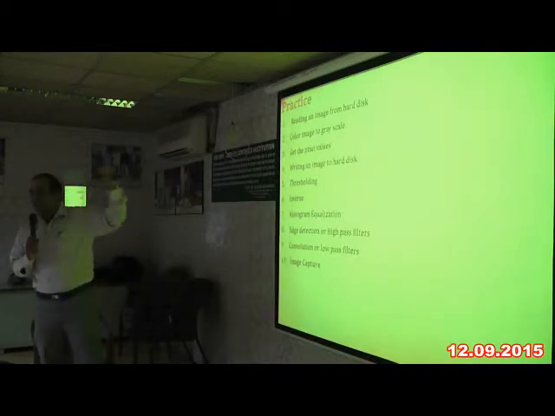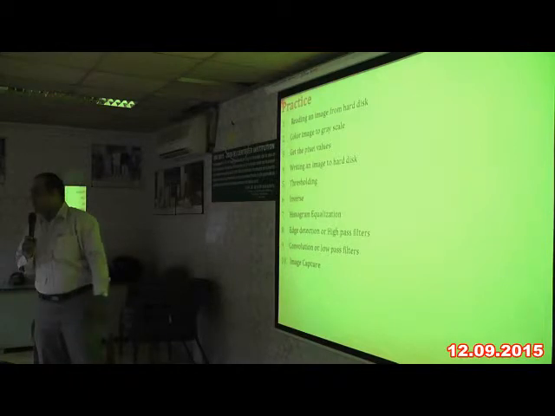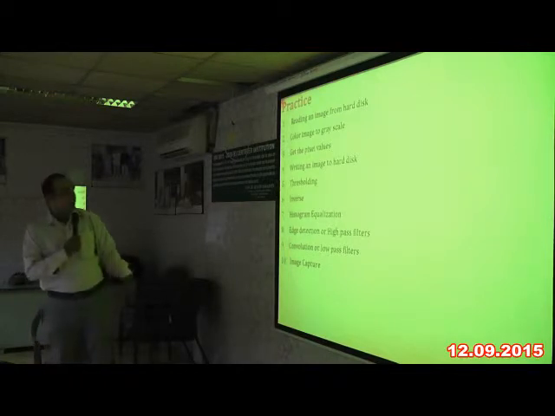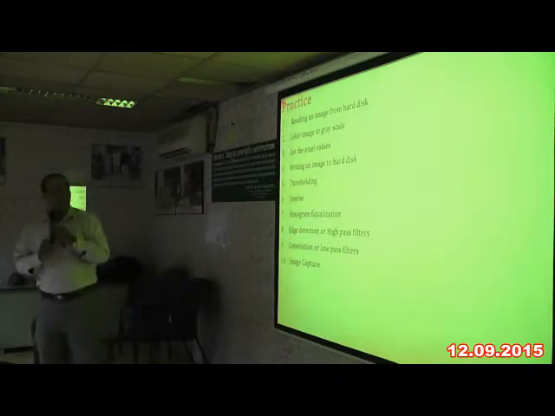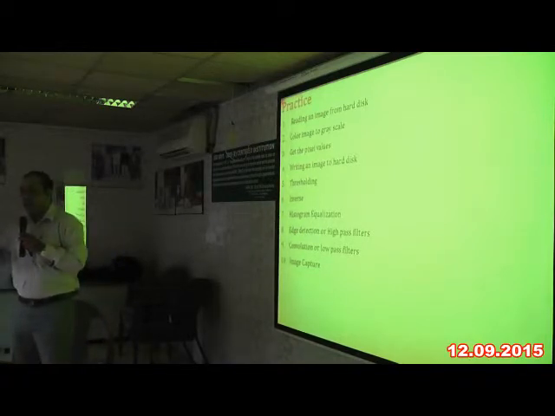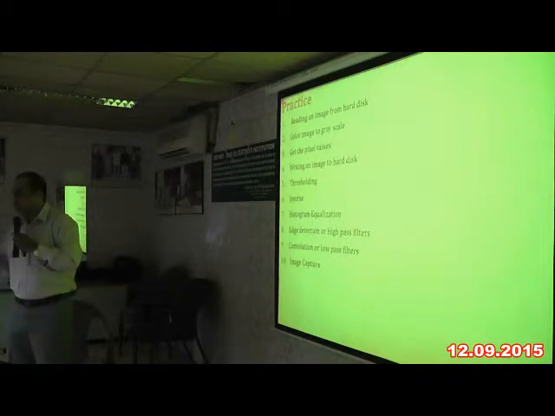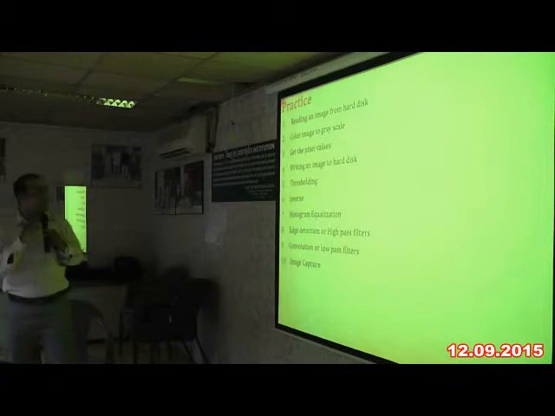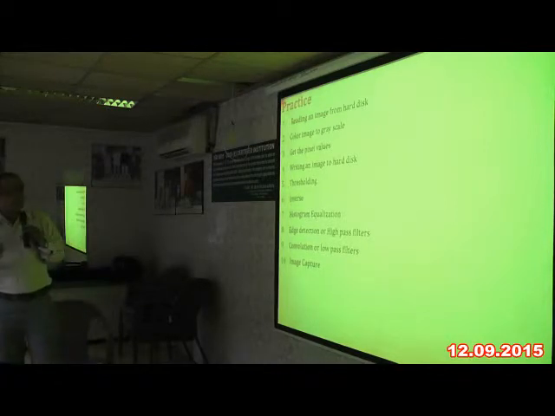Since you are new to this software, I want you to understand the basics. Once you get into the basics, then you can do some advanced programming by yourself. First, I am going to read an image. I already have an image. I am going to read that image and do some image processing tasks. So that is my first task, reading an image from a hard disk.